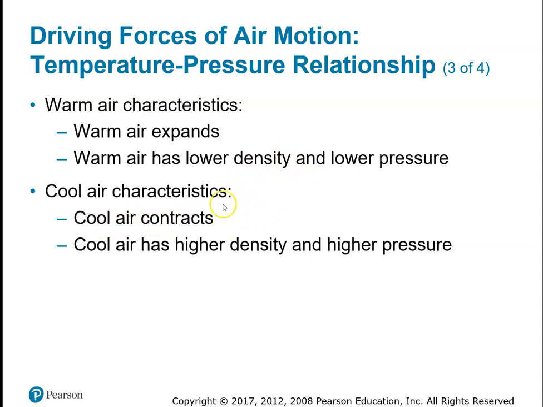So imagine a parcel of air. It gets colder, and therefore the air molecules can get closer together than when they're warm, right? So cool air has a higher density, because the air molecules can physically get closer together. Higher density means higher pressure, right? And remember, the pressure gradient always goes